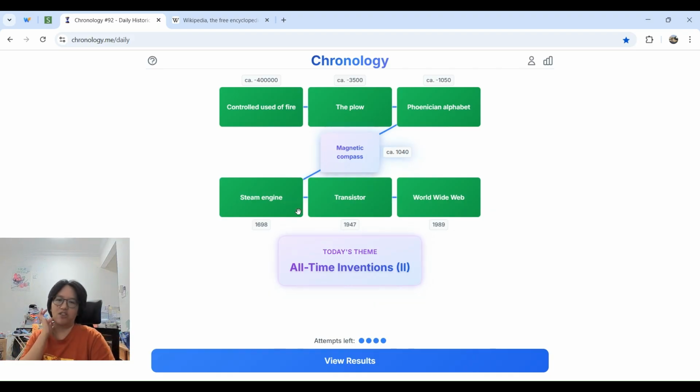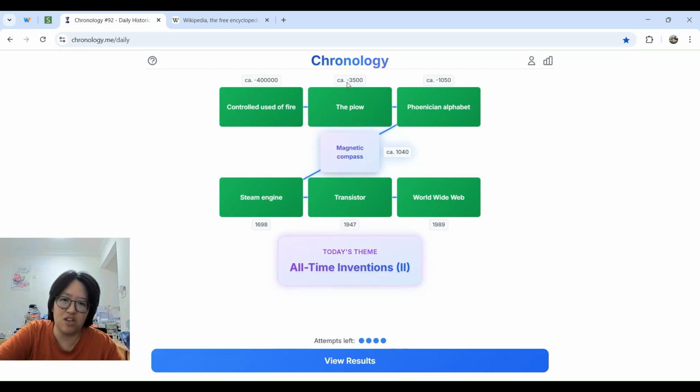Okay, yeah. These 3 I think are pretty easy. I think the only tricky part is probably these 2. Fire seemed like cavemen, fire, the Stone Age and everything. Sure about that, but like farming and alphabet, I don't know, because any kind of alphabet is pretty old, right? But I figured, okay, probably they did the farming stuff first before they figured out all that writing. I mean, I think so.